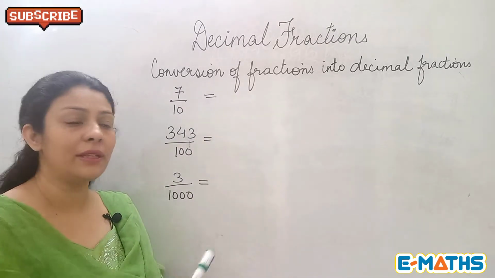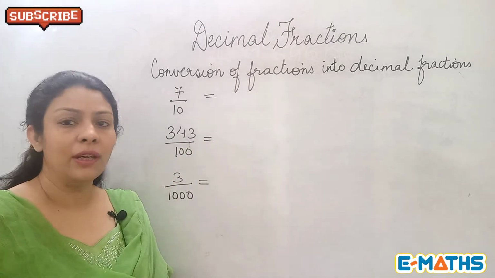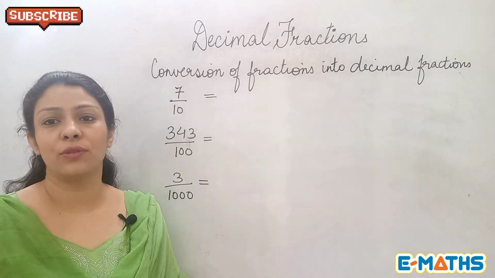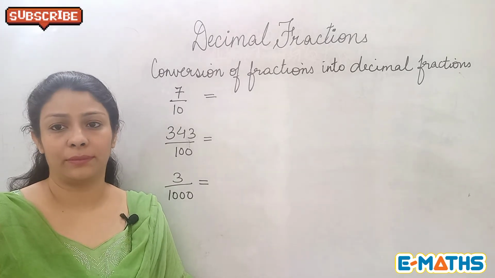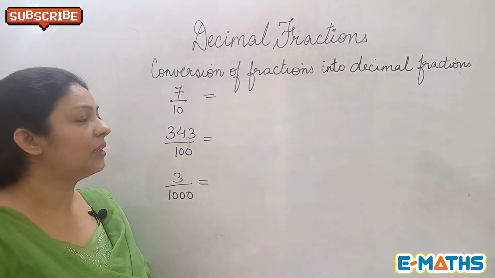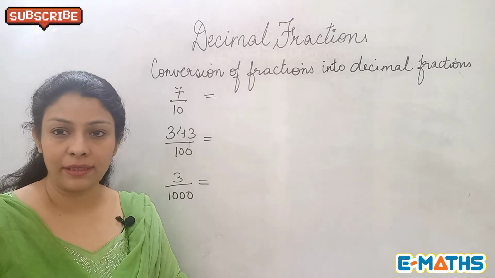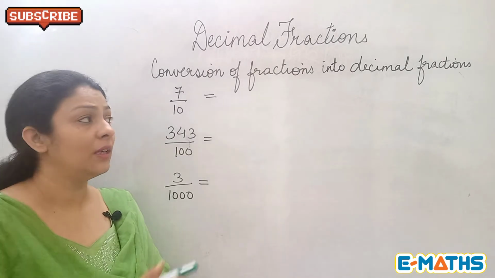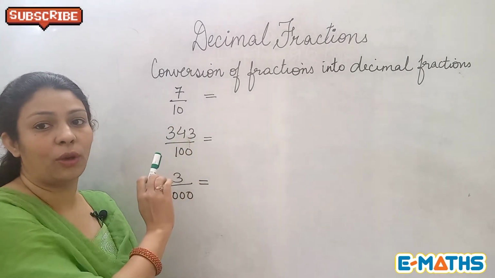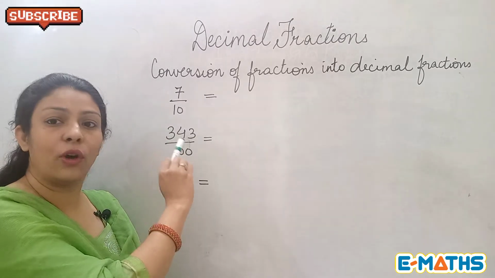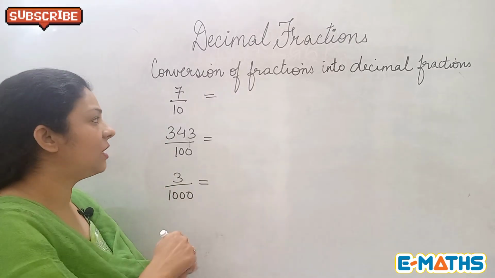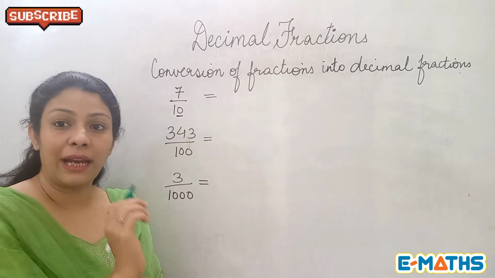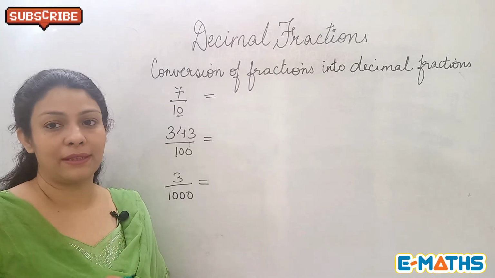Okay, higher power of 10 means 10 to the power 2, 10 to the power 3, which equals 100,000 and so on. The number of zeros keeps on increasing as you increase the power of the 10. Alright. Now, the first rule to keep in mind is whenever you are converting a fraction into a decimal fraction, you just need to see the denominator. If it is a 10 or any higher power of 10, then you just need to count the number of zeros in the denominator. That will give you the number of decimal places in the answer.